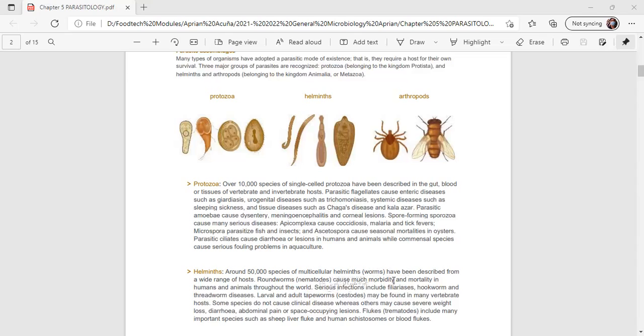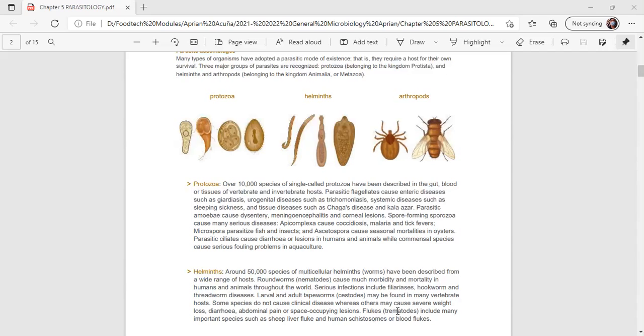Roundworms, which are nematodes, cause much morbidity and mortality in humans and animals throughout the world, with serious infections including filariasis, hookworm, and threadworm diseases. Larval and adult tapeworms, which are cestodes, may be found in many vertebrate hosts. Some species do not cause clinical disease, whereas others may cause severe weight loss, diarrhea, abdominal pain, and space-occupying